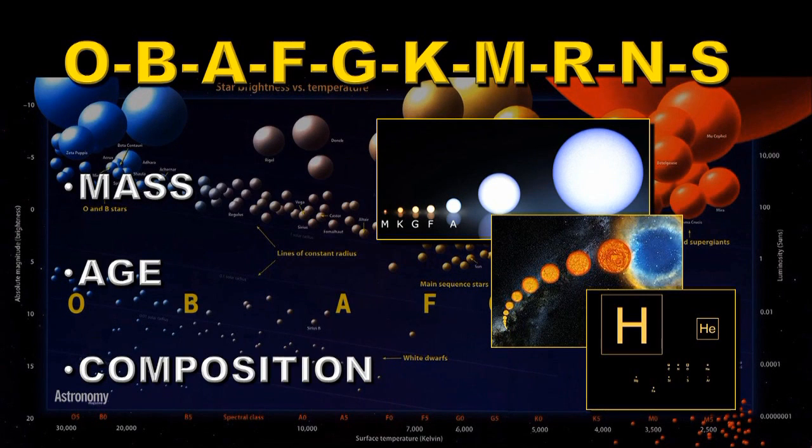The other thing that's important here is the composition. Earlier in the universe, stars were mainly made of hydrogen and helium. They tend to be rather massive stars and short-lived and explode into supernova. When those supernova form, they form heavier elements. Those heavier elements are then distributed throughout the remaining nebulae, and when those collapse into new stars, they incorporate some